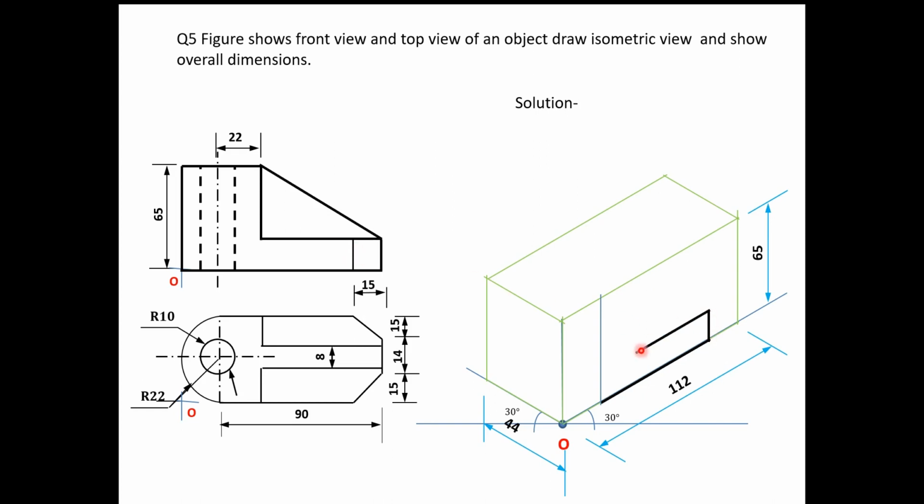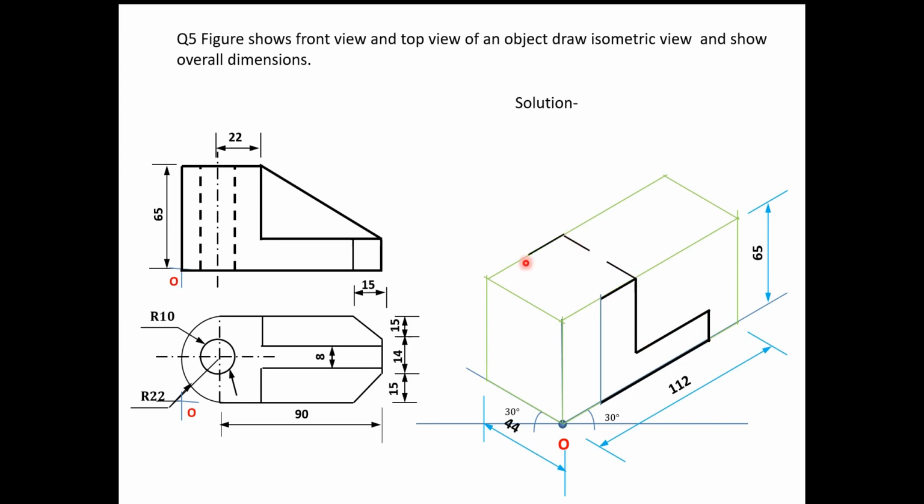Next, this edge is visible in front view. Again this edge is also visible. This is another edge visible. This vertical edge is also visible. We will draw this vertical edge. Again we will draw this. In top view, what we see, you can see this edge, another this edge. So what is the gap between this? There is an 8 mm distance gap in between this.